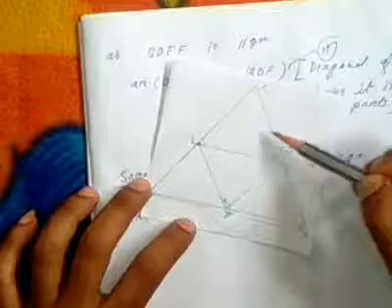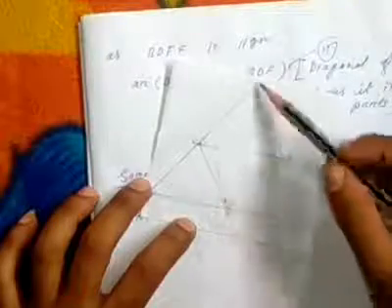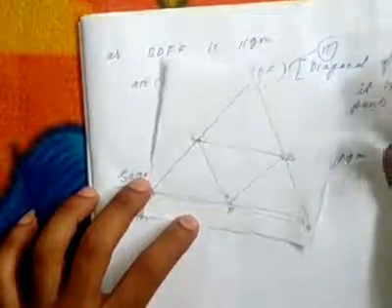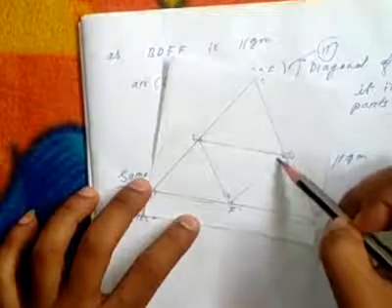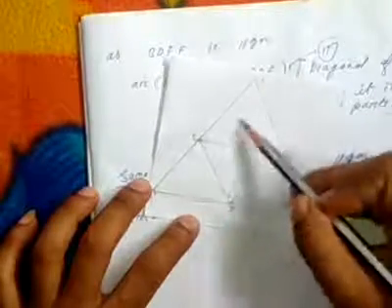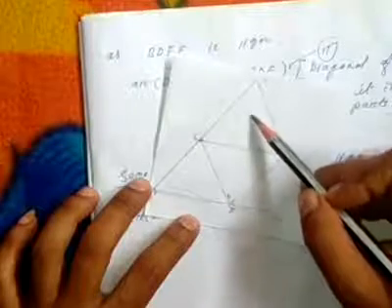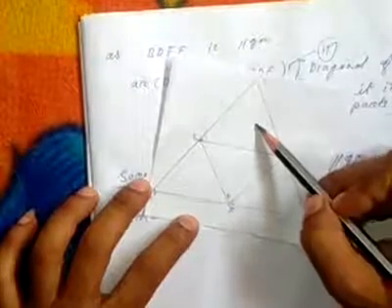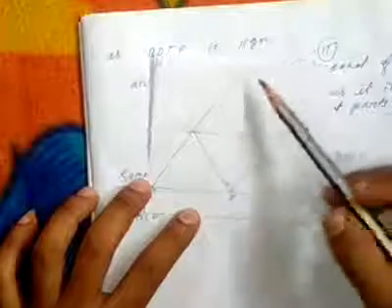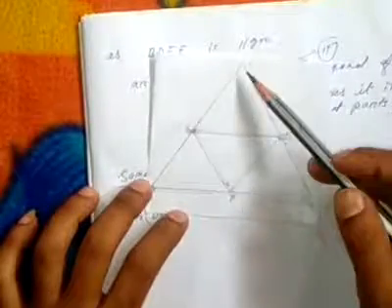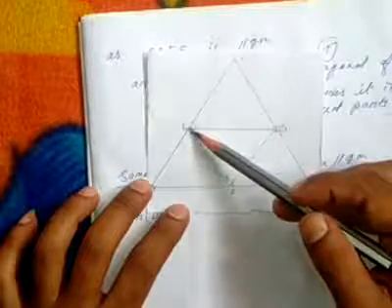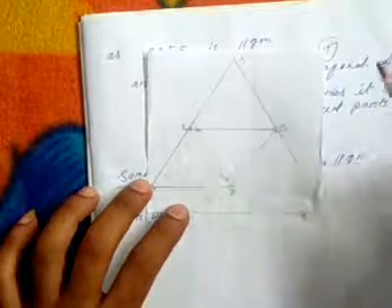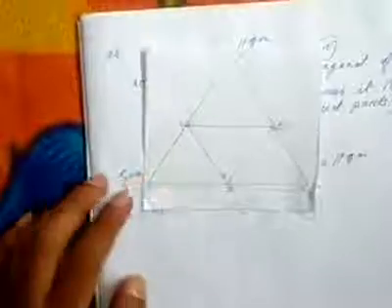Again we can prove that ECFD is also a parallelogram. Then again this one is a diagonal, and a diagonal divides the parallelogram into 2 equal parts, isn't it? So we will write, in parallelogram CEFD,